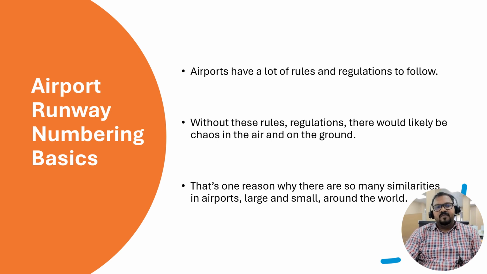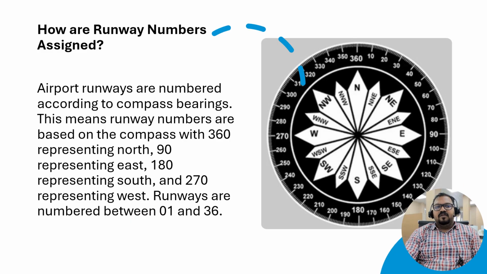The first thing, in the first slide, we are talking about basics. In general, airports have a lot of rules and regulations. Without these rules, a lot of chaos can happen in the air and on the ground. That is one reason many airports have some similarities, whether they are large or small. Okay, so next slide,